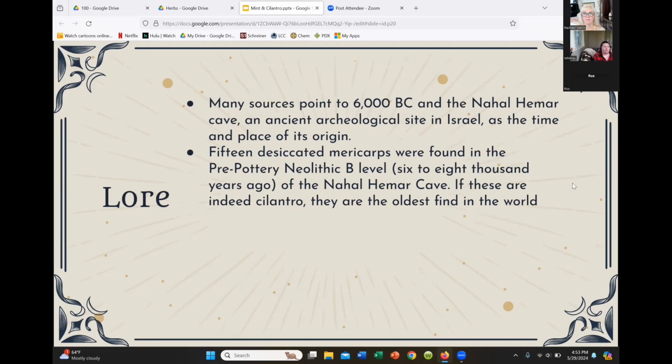So when we are looking at where in the Middle East cilantro might have originated, a lot of sources point to the Nahal Hemar cave. Have you guys heard of this? No. I didn't have time to go too deep down this rabbit hole, but it seems pretty cool. It's this cave,